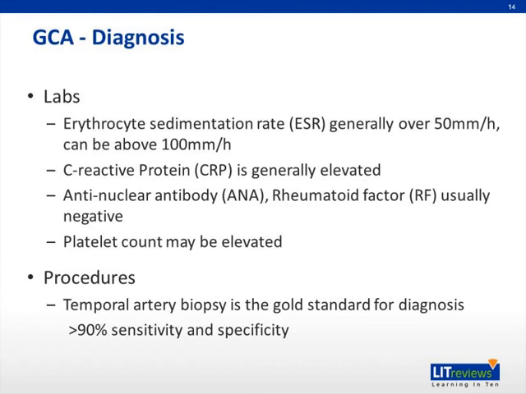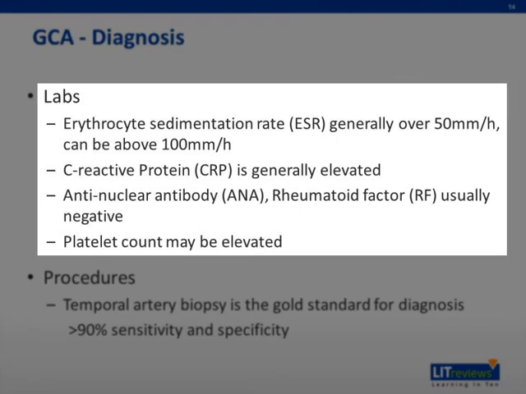In addition to the clinical findings, other diagnostic tests may be useful in confirming the diagnosis of GCA. Most patients will have an elevated ESR, usually over 50 millimeters per hour, but may be higher than 100. C-reactive protein, another marker of general inflammation, is also usually elevated. In fact, up to 100% of patients may have a normal ESR, and CRP may be a more sensitive test. Other tests for rheumatologic conditions such as ANA and rheumatoid factor are normal. Imaging studies are beginning to be utilized to aid in diagnosis, although not routinely used in practice.